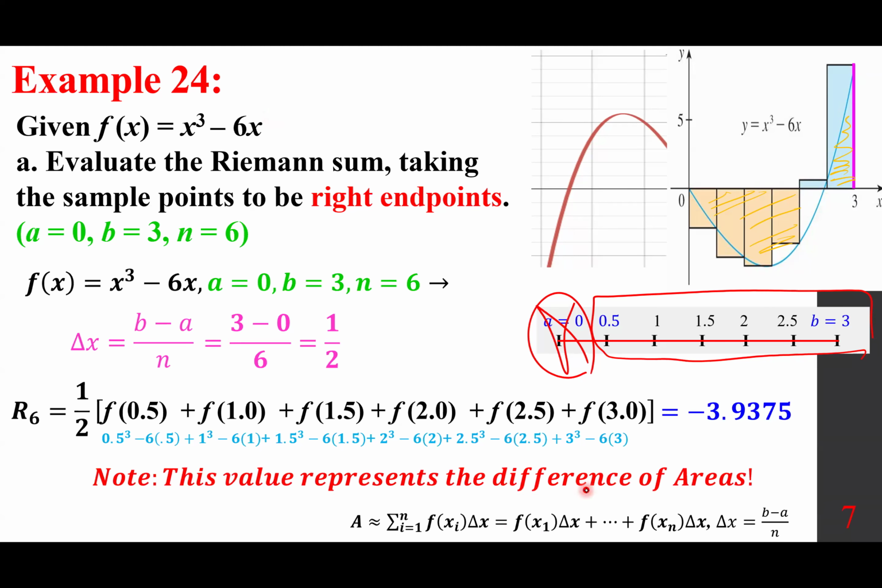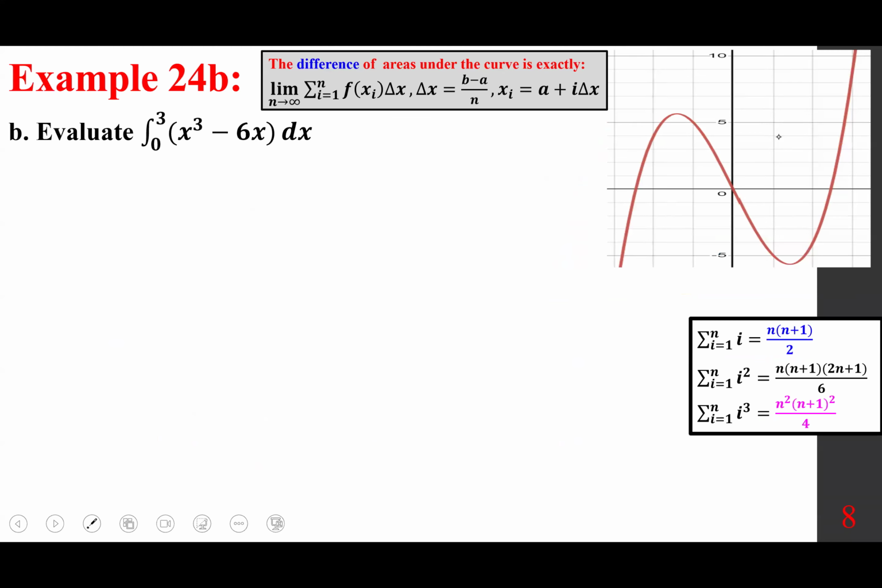Note this value represents the difference of areas, and I can't emphasize this enough, because if it's positive, it's the area under the curve, if the function is positive or not negative for that matter. Now, what about evaluating this, which gives you the exact value? Again, we are going to look at the easy way out for that later on, which is using the FTC, the fundamental theorem of calculus. But for now,